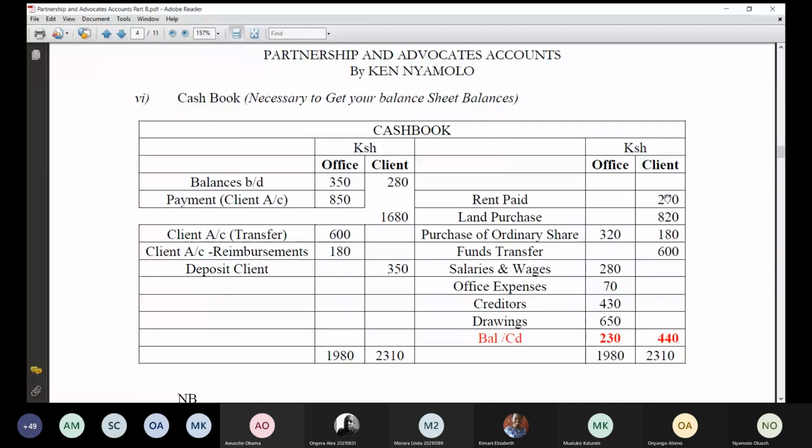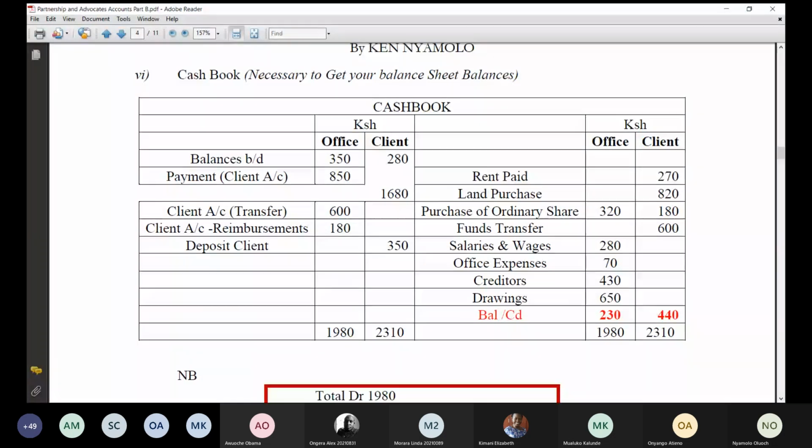Of course, the credit side also has office and the client side. This credit side is basically for recording what has gone out, just like the way we treat our cash book on the other side. This is the giver. So what comes in is debited. It's an asset to us. So we debit it. You need this cash book because it is necessary if you are to get your closing balance sheet figures. So just like the current account,